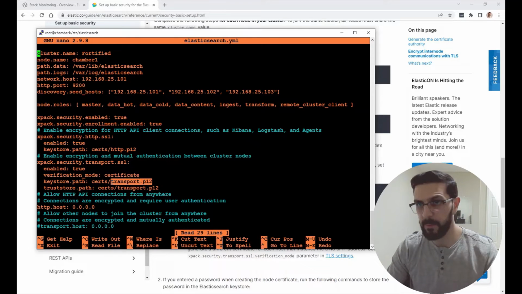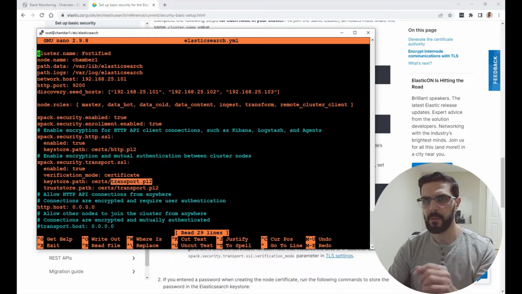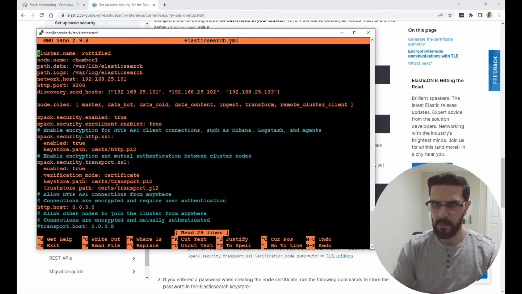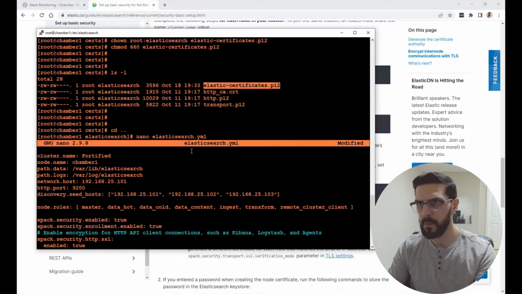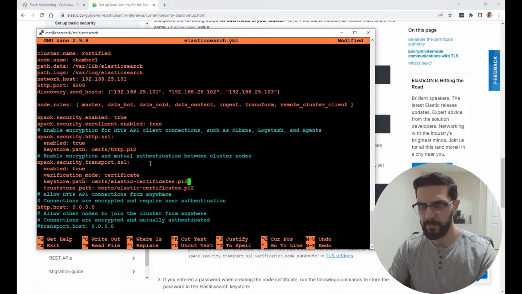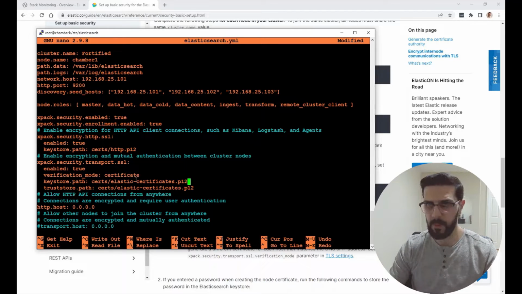I'm going to be replacing the transport because I'm encrypting the internode communication. So instead of here transport, I'm going to copy paste this file. This file is in the same location as the other ones, so I just have to change the name. I'm going to save this file,